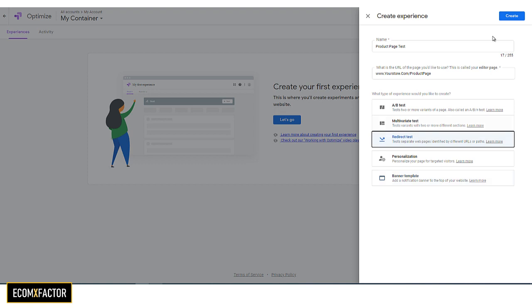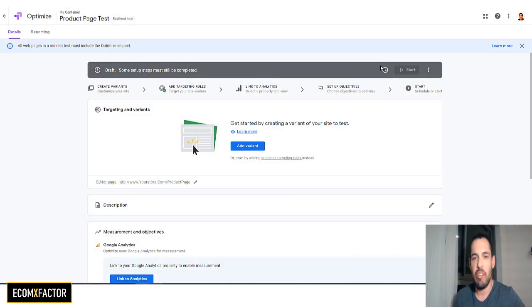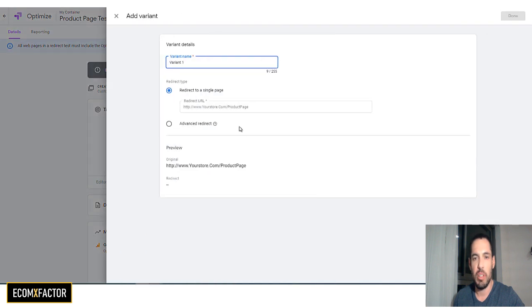Okay, now let's go back to Google Optimize. So here I chose the redirect test. Now you need to define the variant, which is the new duplicated test, which you want to send 50% of the traffic to. So you normally write H1, so I know it's the new hypothesis. I'm going to write the date, and I'm going to write the test name, and maybe also a description to this specific variant.